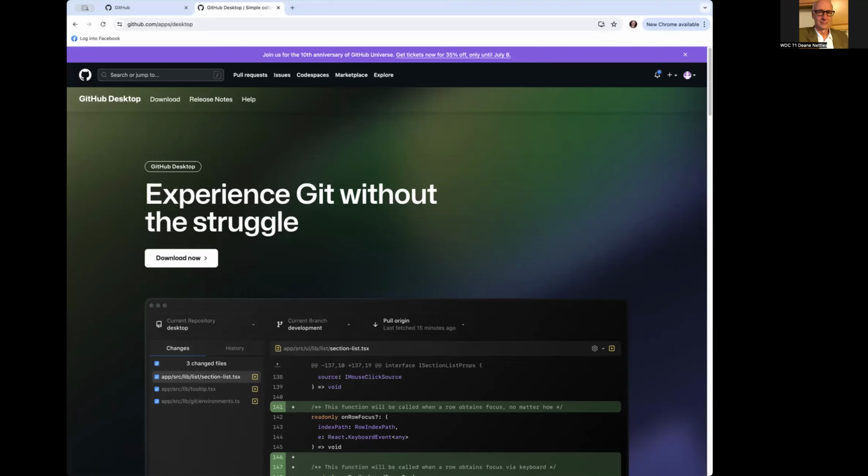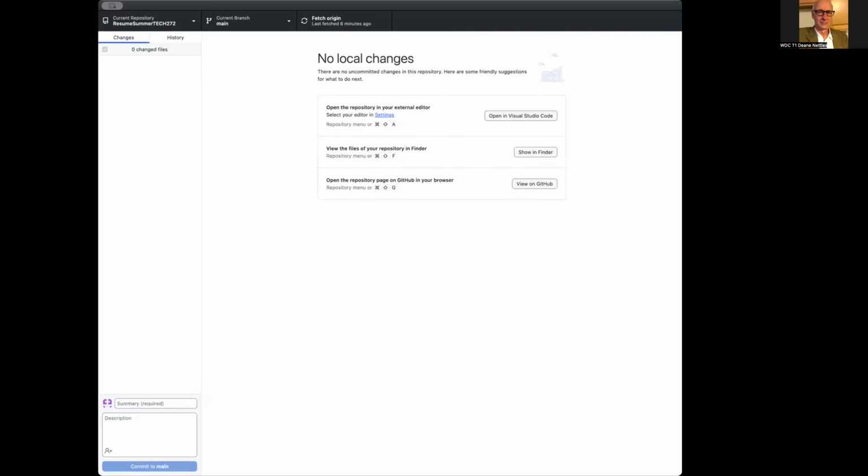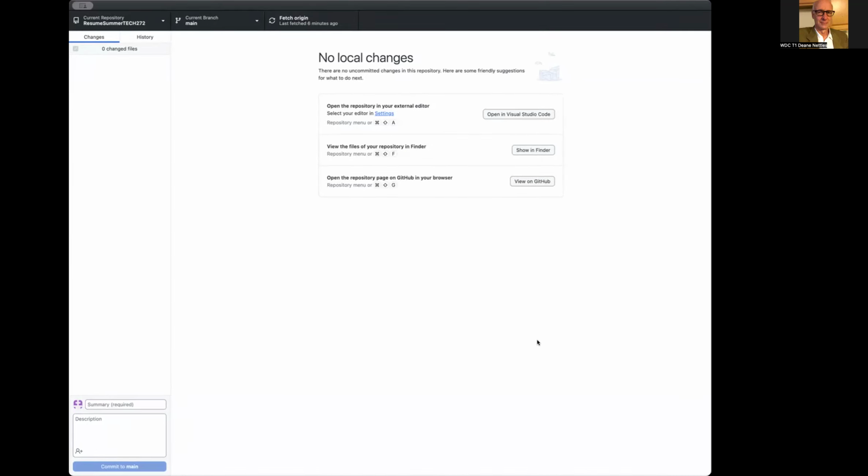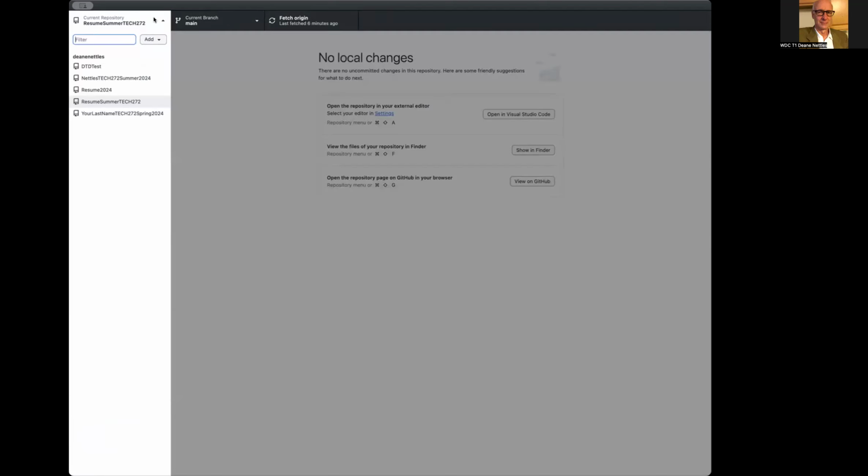And when we go to GitHub Desktop, you'll see something like this. Okay, first, what we're going to do is go to the upper left. You should not have a current repository there if it's brand new. If you do, we can create a new repository. I go to here, I click the button, I click add, create new repository,